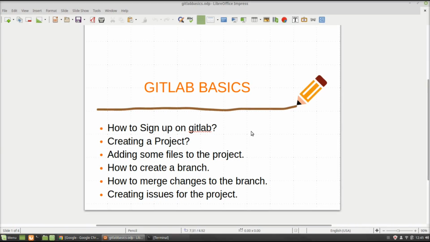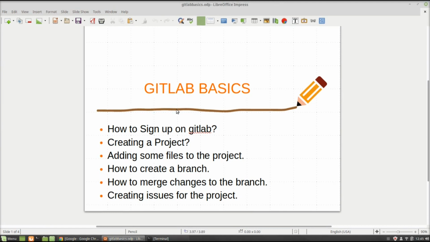Hello people, today we are going to discuss GitLab, one of the source control tools which is being used in most of the projects. GitLab is source control which is used to store projects, and multiple people can work on a project